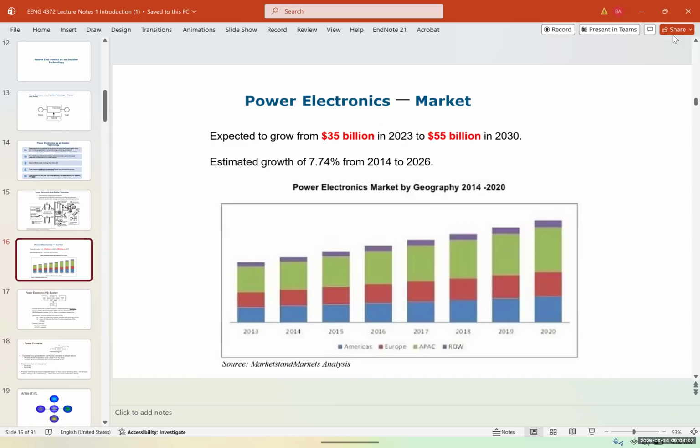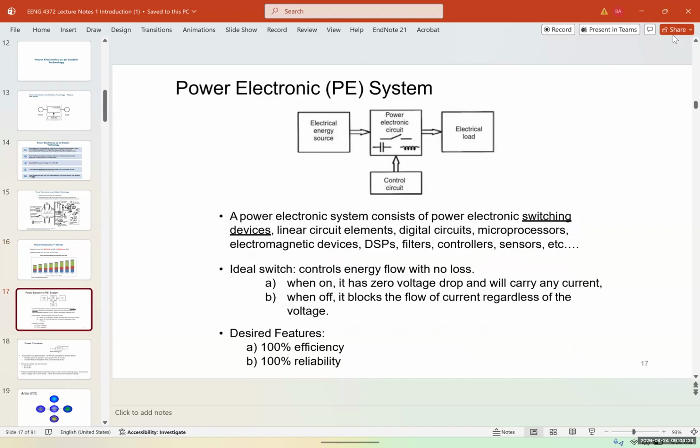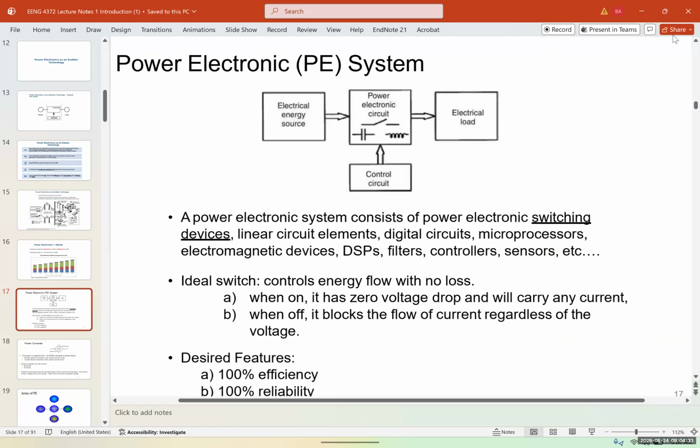Now, the market for power electronics is expected to grow from 35 billion to 55 billion by 2030. The estimated growth is 7.74%. So it's a growing market as well. Now, some power electronic systems, you can see the electrical energy, so the graph again, and